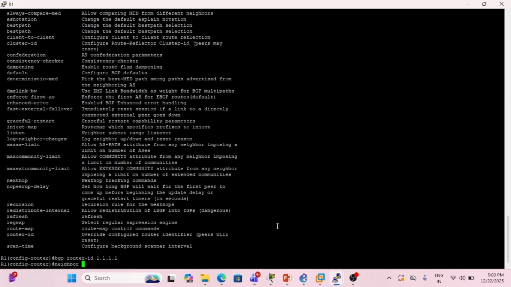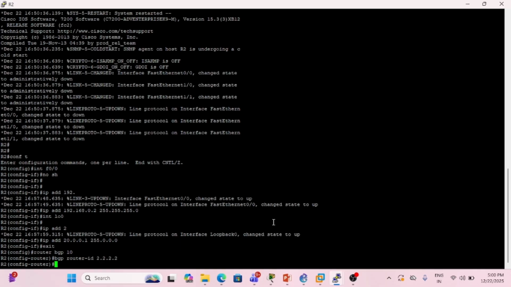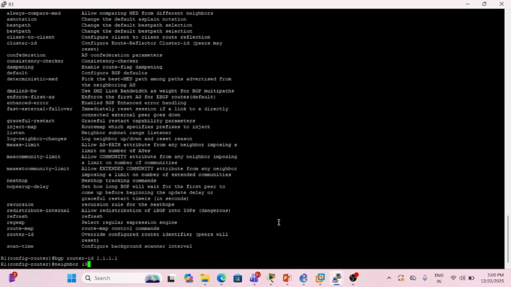that is the IP address of this R2, and you can give the loopback, but in that case you have to give update source loopback 0. So I'm not going to do that. I'm going to build the relationship with this physical interface only, that is 192.168.0.2. So neighbor would be 192.168.0.2, and the remote AS would be 10,